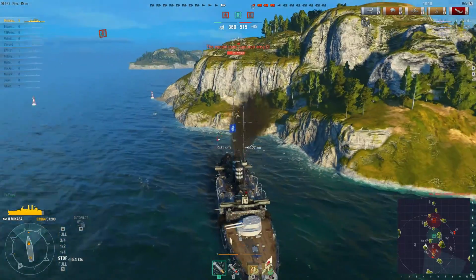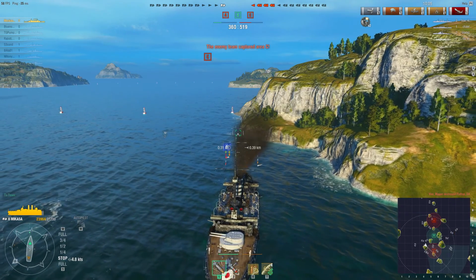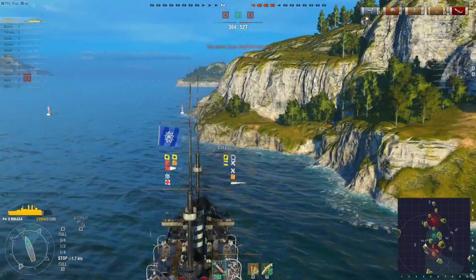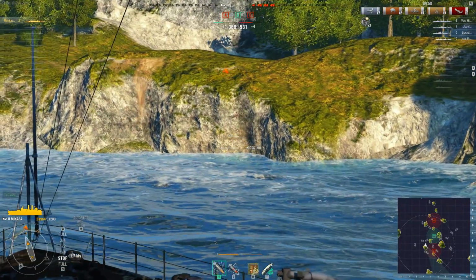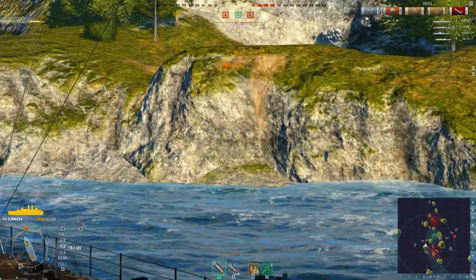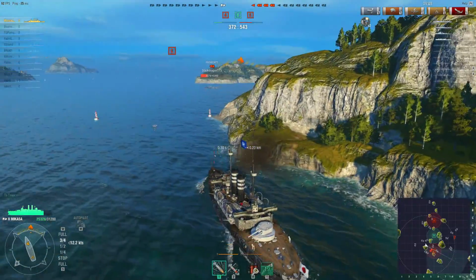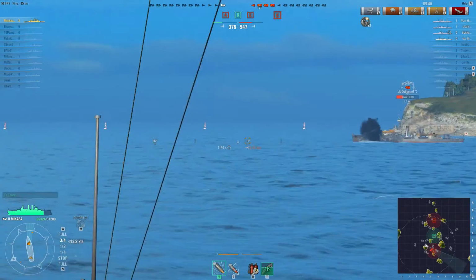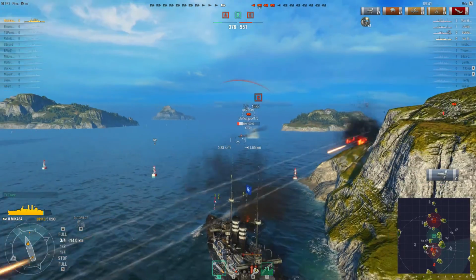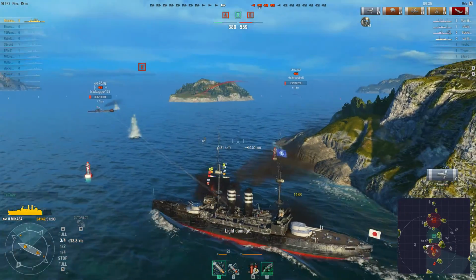Will be interesting. I mean, obviously you don't want to get close to a destroyer because he will shoot torpedoes in your face, but you also don't want to get close to a Mikasa because the secondaries will shoot you. So let's see who will win. There is some awkward maneuvering going here, unfortunately. Mikasa has run into this island, but there is a cruiser, who is